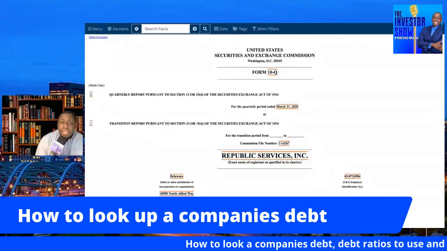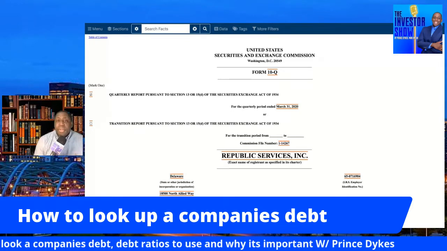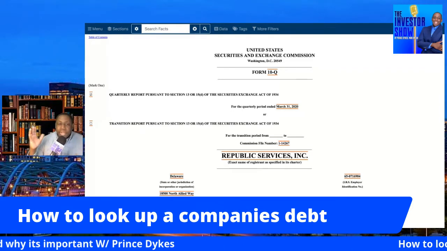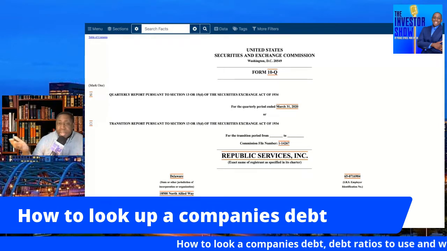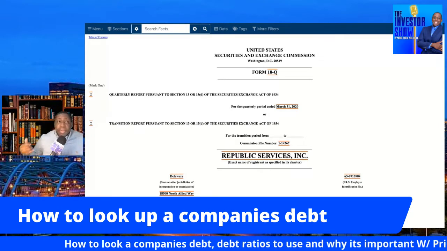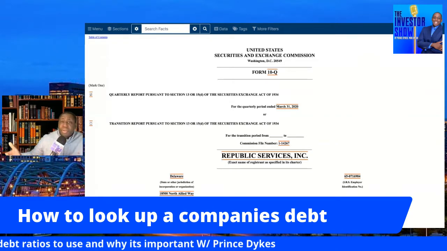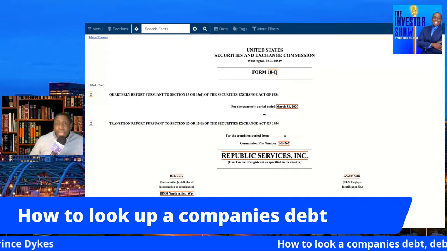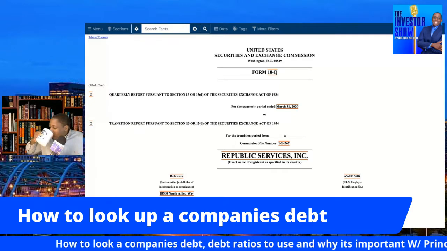Now, that is great. Okay, Prince, that company owes 8.9 billion. What does that mean? So what I do is whenever I look at a stock, I have to compare. Certain companies have certain debts depending on what industry they're in. Someone in the technology industry, it may be customary to carry a lot of debt versus someone who may be in the soda industry or drink industry, right? So what I like to do is compare